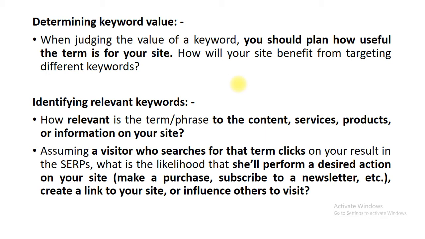Next is called identifying relevant keyword. Relevant means whatever keyword you are using, you are going to use related keywords or phrases in the content. Why? Because once you get the related keyword or phrase or term in the website, not only the people who type the keyword, but related keyword searchers also you will get as visitors, right.